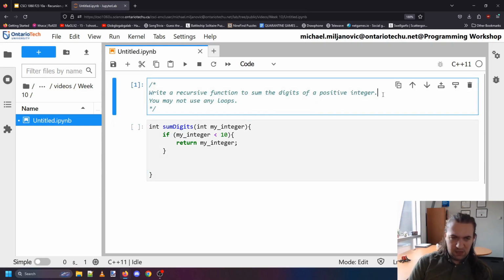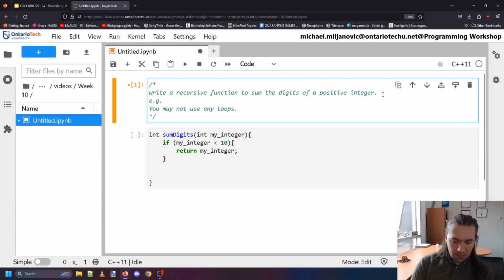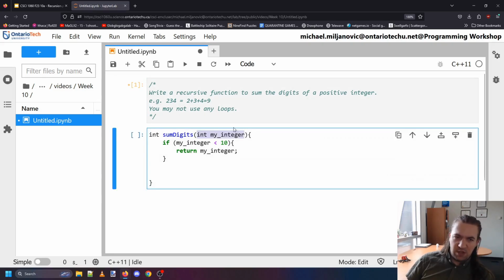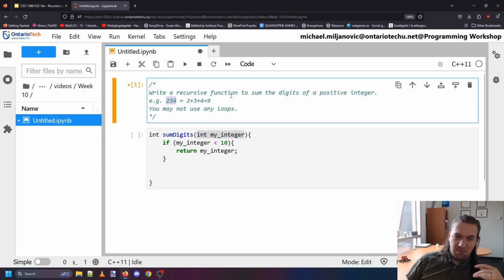Because the sum of the digits of a positive integer, let's say that I have 2, 3, 4, is 2 plus 3 plus 4, which is 9, right? But how do we break this problem down? When we're working with any kind of recursive code, we're trying to take whatever the input is and shrink it every time. Well, the solution to the sum of 2, 3, and 4 is the same thing as the solution to,